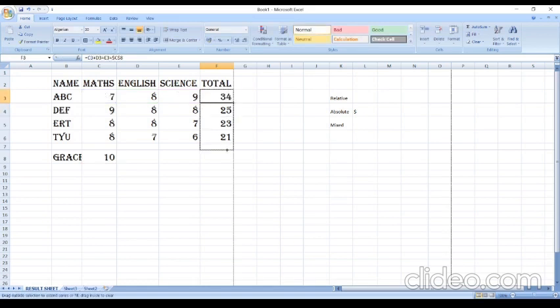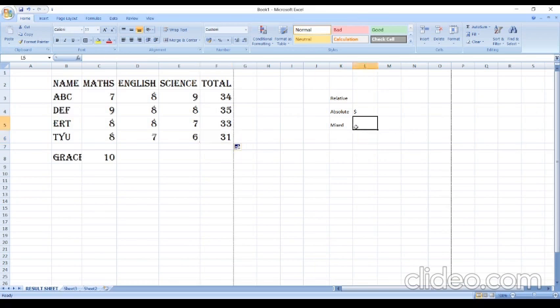Whenever I am moving it, it is a fixed one, C8 is coming. It doesn't mean that here C8, here C9, C10. No, other cells are moving, other cell addresses are changing, but that cell address doesn't change, because of the dollar sign in front. That is known as absolute, which means you can't change the cell address. When you want to keep anything fixed, in front of the row as well as in front of the column name, you need to put a dollar sign.